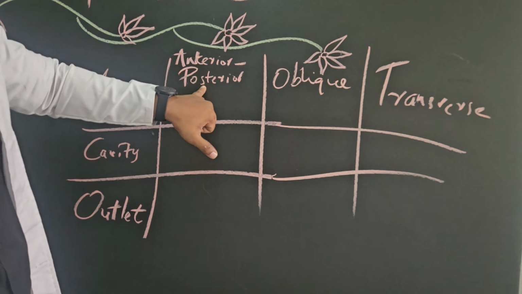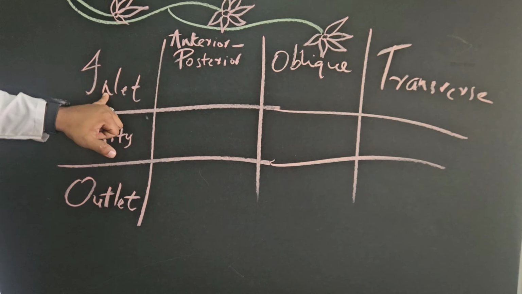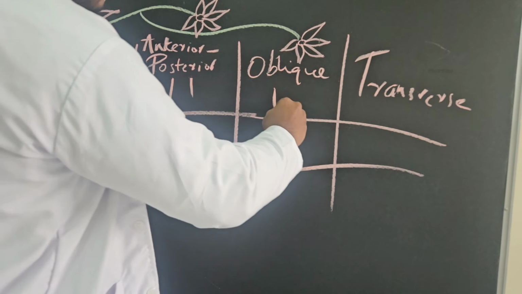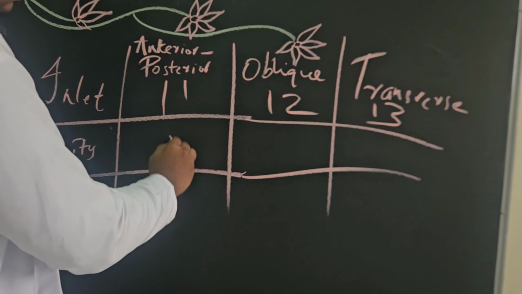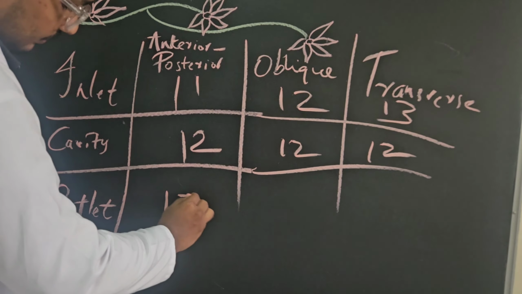Anterior posterior diameter, oblique diameter and transverse diameter. So the inlet diameters of anterior posterior, oblique, transverse are, the cavity diameters are, the outlet diameters are